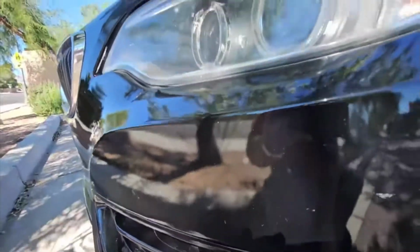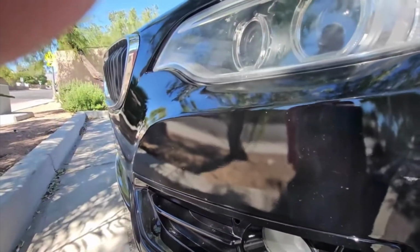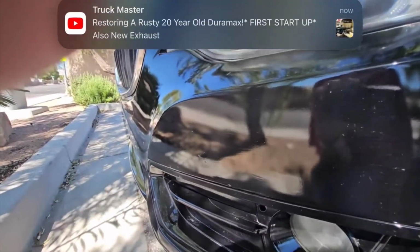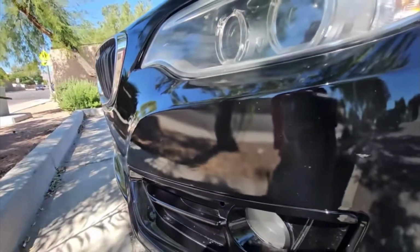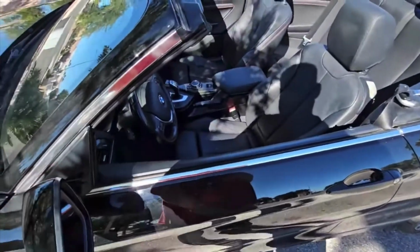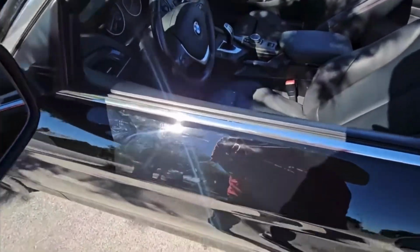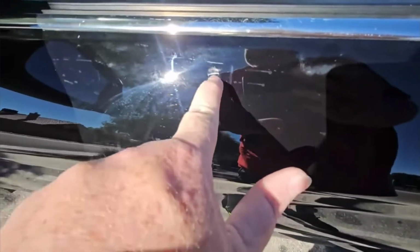All the headlights, all the wear or failing items that would happen on a BMW on this were actually pretty solid outside of the electrical issue for a turn signal on this car, if you remember it. And really didn't have any issues outside of that. Daily drove this thing for well over a month and absolutely fell in love with it. Reminded me of an old school 3 Series